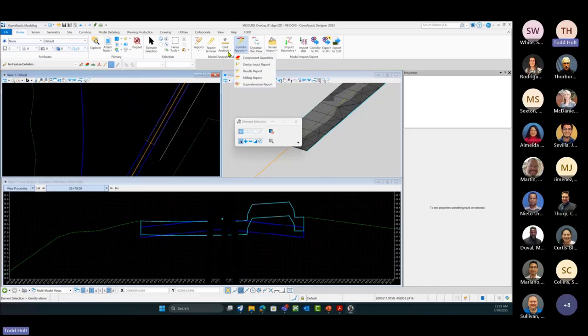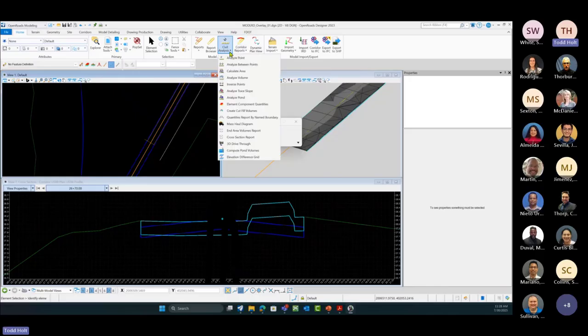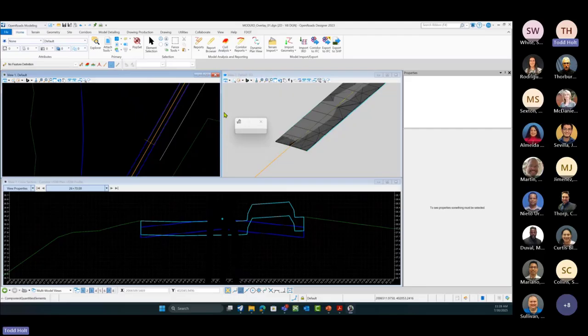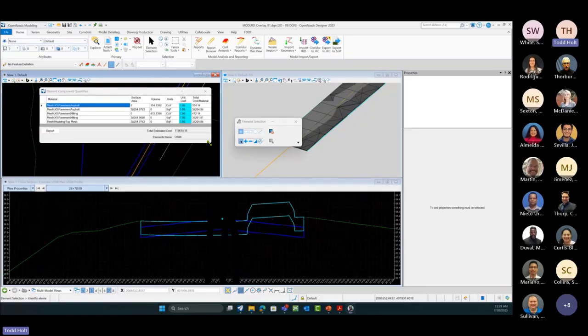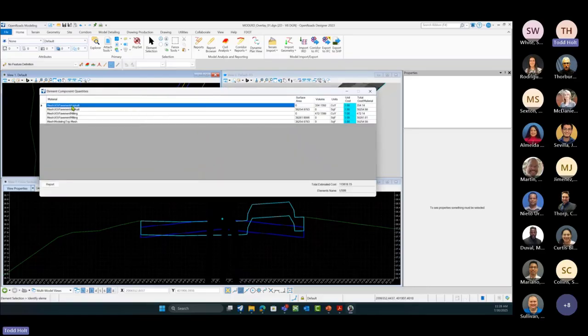We could also look under the model analysis and reporting tools. We can do our element component quantities and look at that report on there. There we have our pavement asphalt, and then there's our milling, and we can look for our overbuild. So I have one mesh component that's not set correctly, but then we have our components for our milling